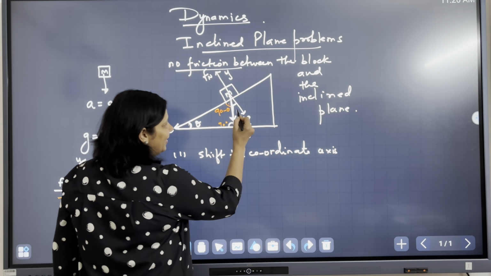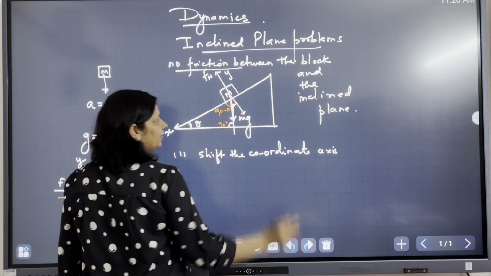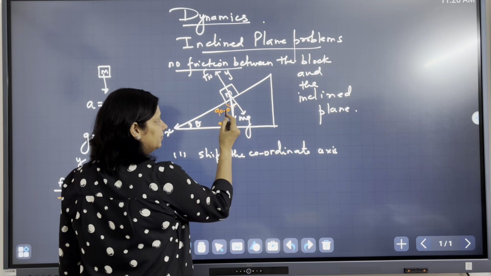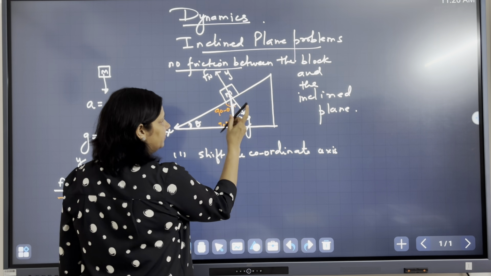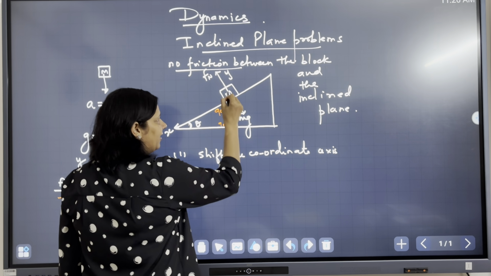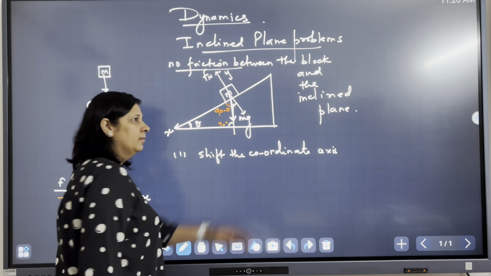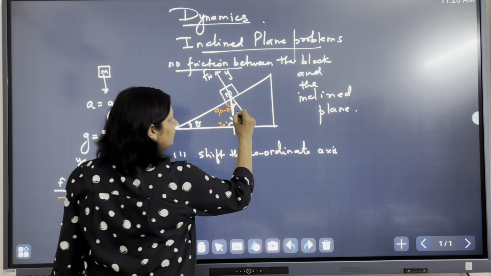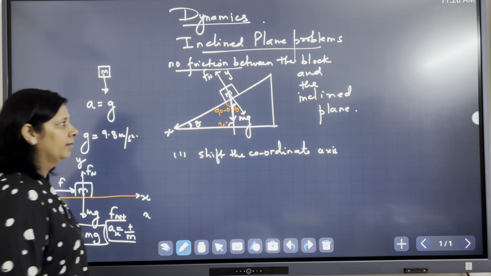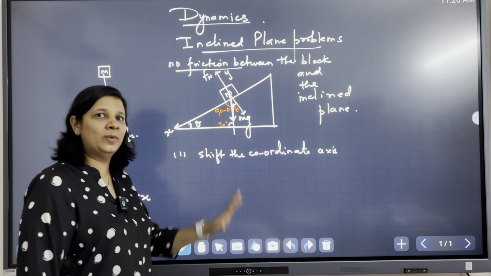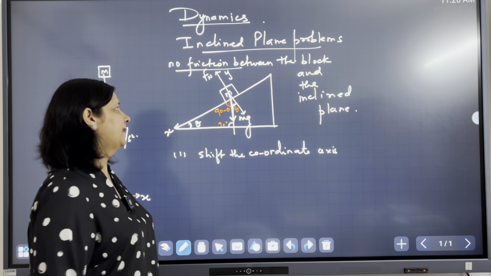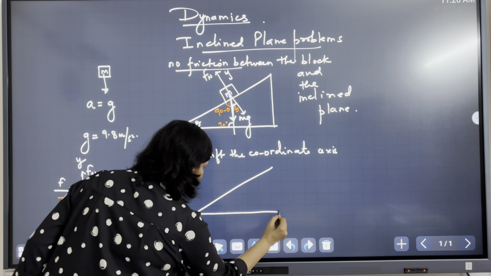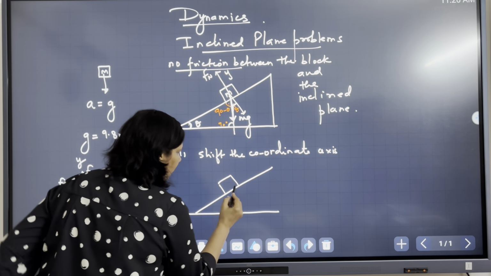So now this angle, okay, how much will this angle be? I am talking about the angle which mg is making with the inclined plane, right? That is 90 degree minus the other angle, so this will be theta. Okay, this is the first most important point to understand in order to find this angle. Once again, listen. Okay, this is an object.